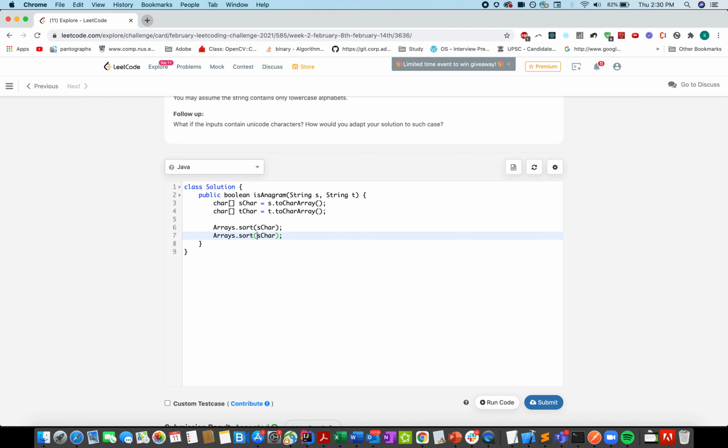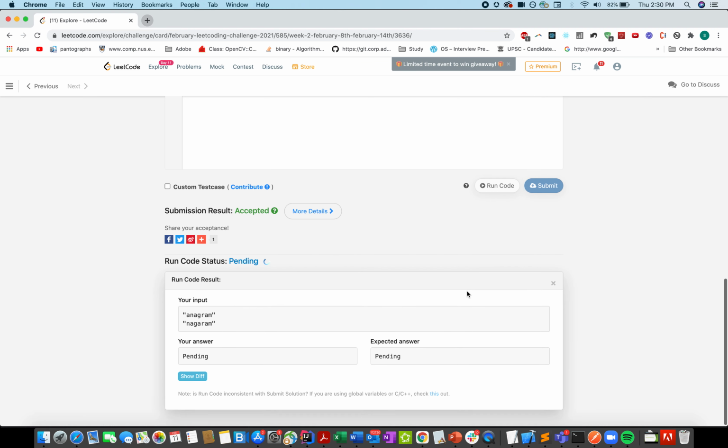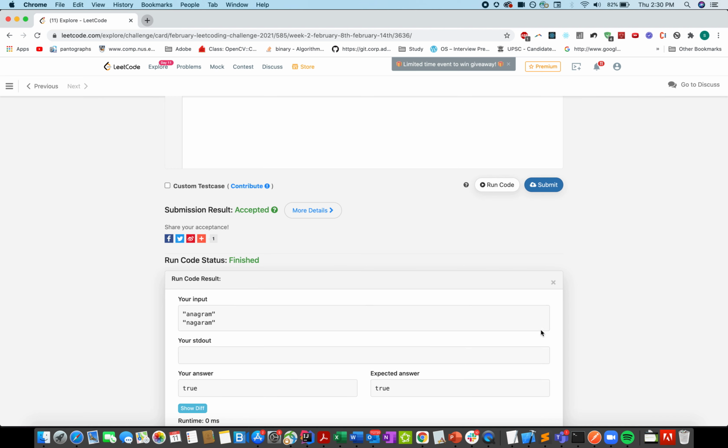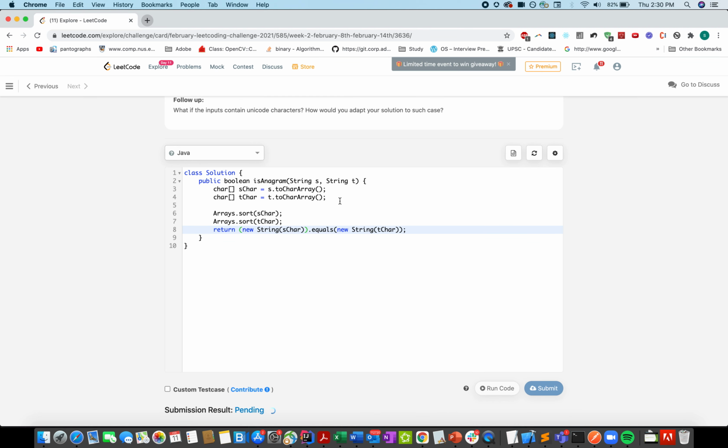Similarly, Arrays dot sort tChar and return new String(sChar) dot equals new String(tChar). So let's try this up. Looks good, and let's just submit it.